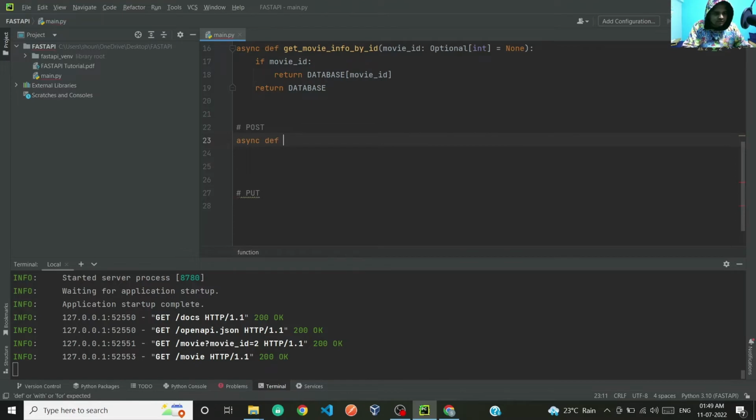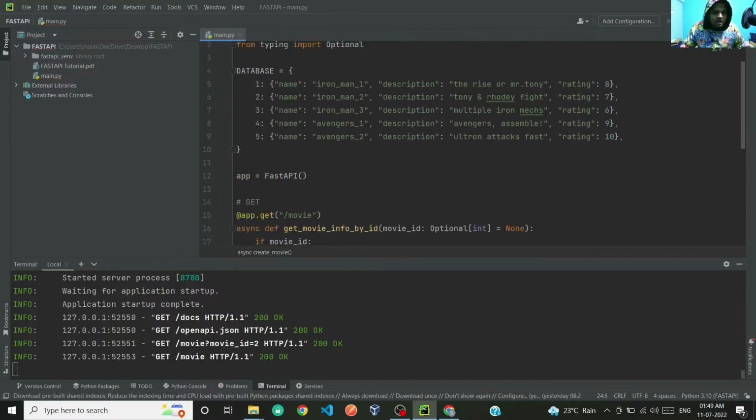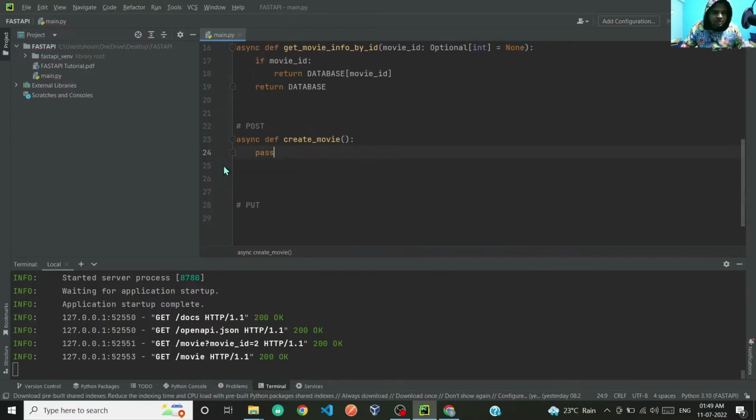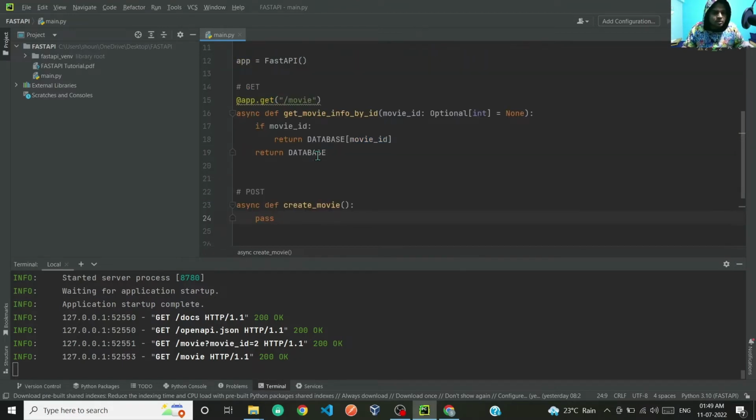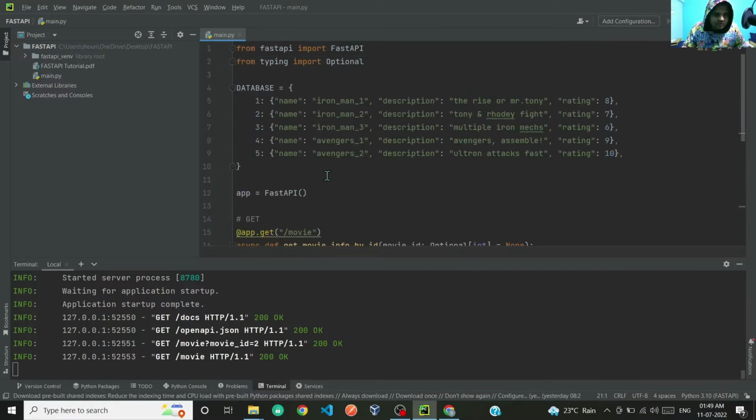Async def create movie, and let me just type pass over here. I'll fill that out once I explain what we are going to do. So create movie. So the movie object that we will be needing information about consists of this small object which